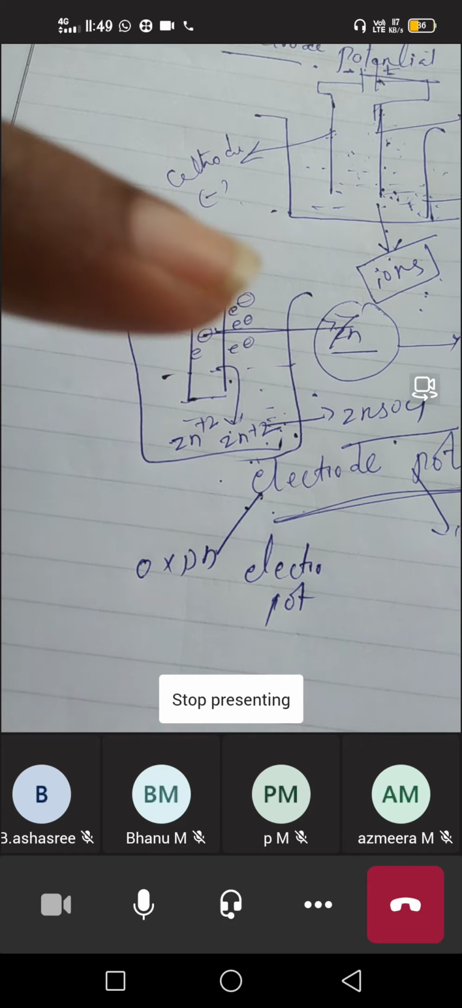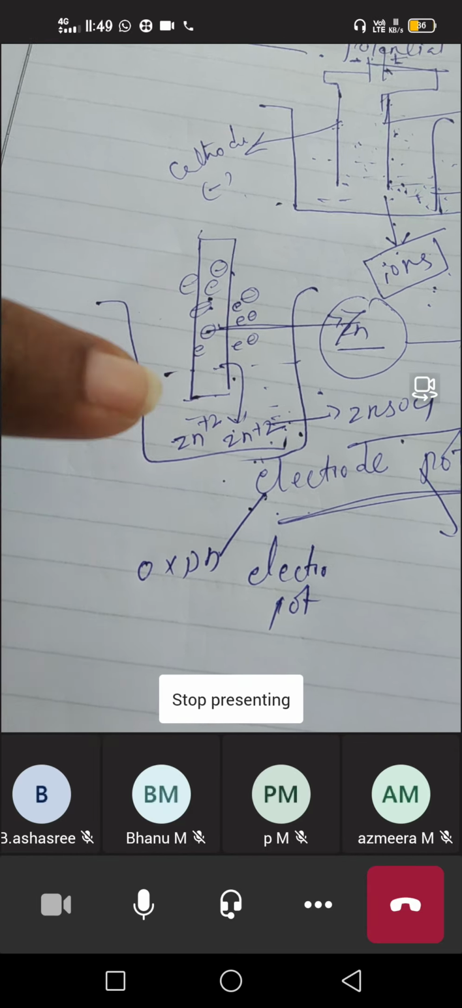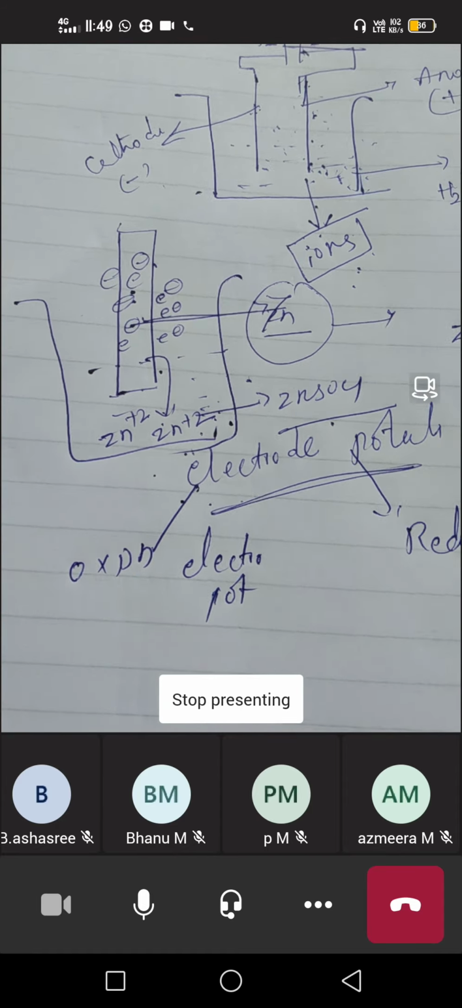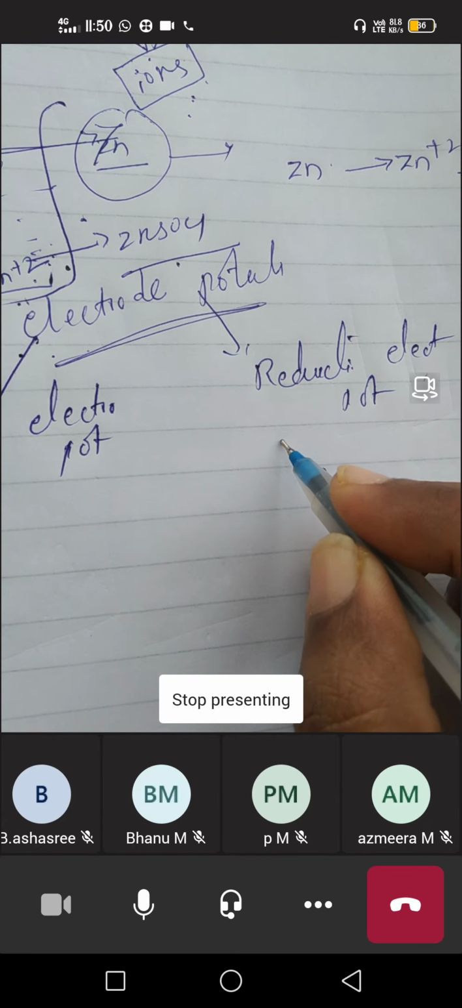Since zinc participates in oxidation, the potential difference there is called the oxidation electrode potential. Understand? If you take another example, in the case of copper, the same copper rod is